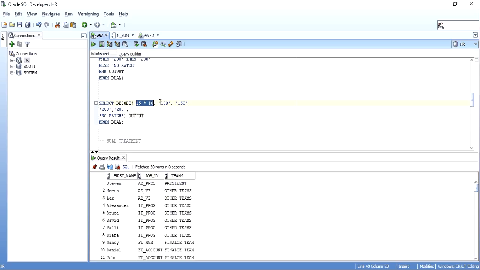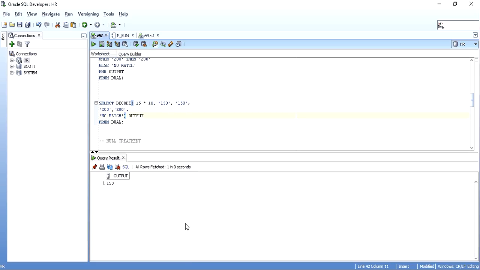I try to match it with the character 150 and print 150 on the screen, then match it with character 200. If it matches, I put 200 on the screen, and otherwise I just put no match. When you execute it, you get 150. That means the number to character conversion is taken care of by the statement itself, so it doesn't look at data consistency.